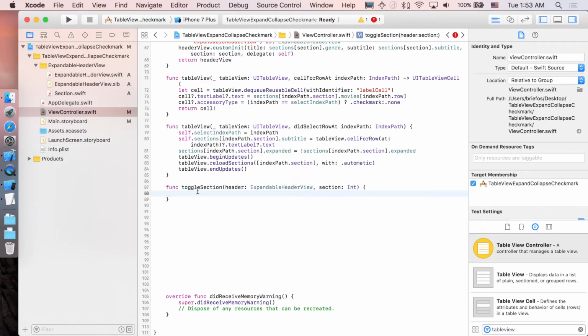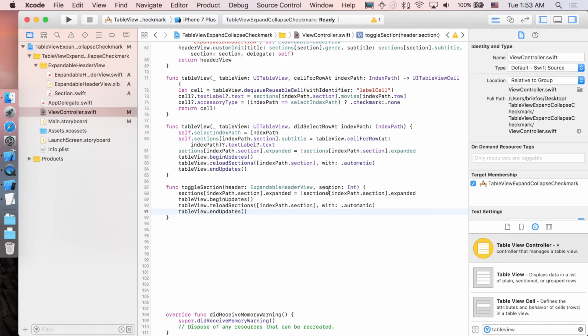So here we have the toggleSection, which pretty much does almost the same thing as this select row at here. So we just change this to just the section here, section here,